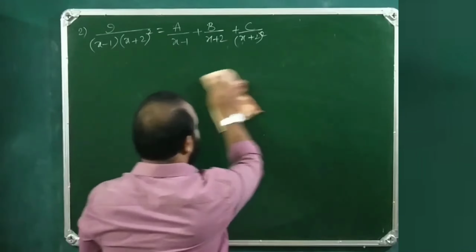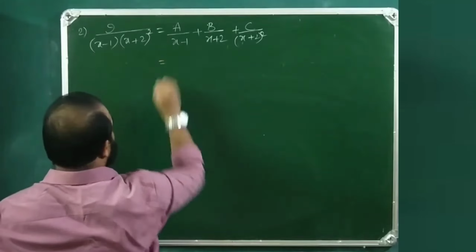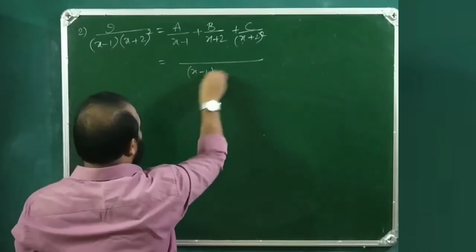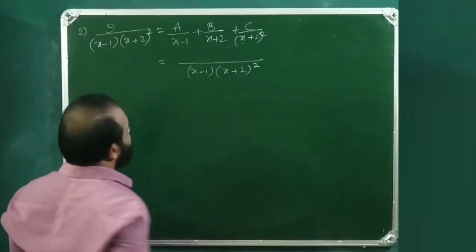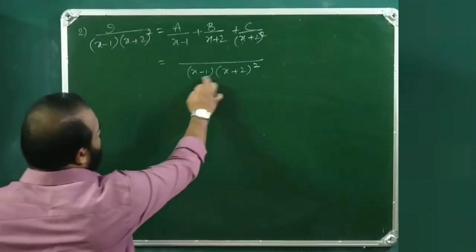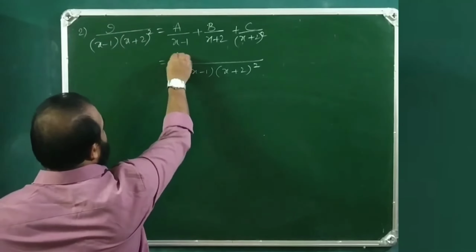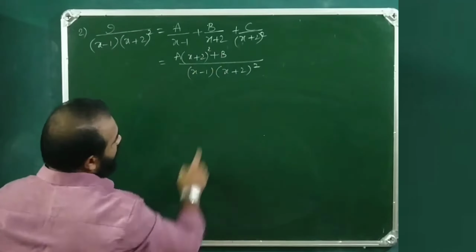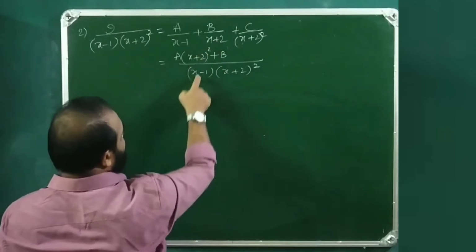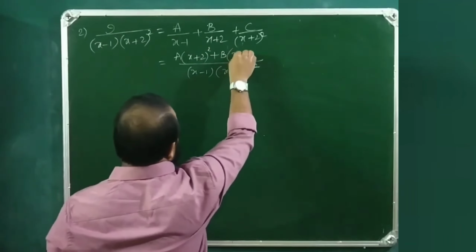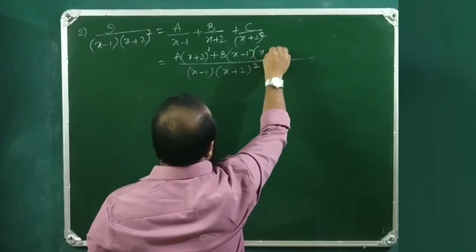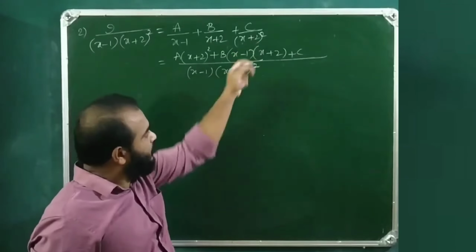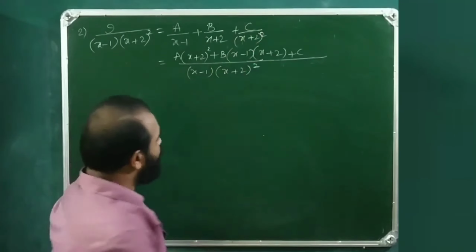Now, this is equal to (x minus 1) into (x plus 2) whole square, which is the LCM. So (x minus 1) into (x plus 2) whole square by (x minus 1): a into (x plus 2) whole square. Plus b into (x plus 2) whole square by (x plus 2), this gets cancelled. We are left with (x minus 1) into (x plus 2), plus c into, this by this, (x plus 2) whole square gets cancelled, c into (x minus 1)